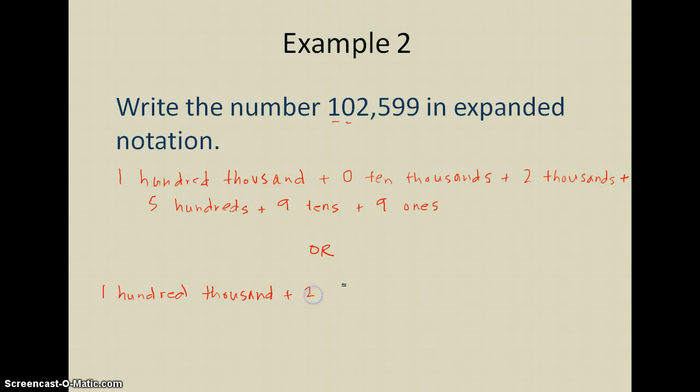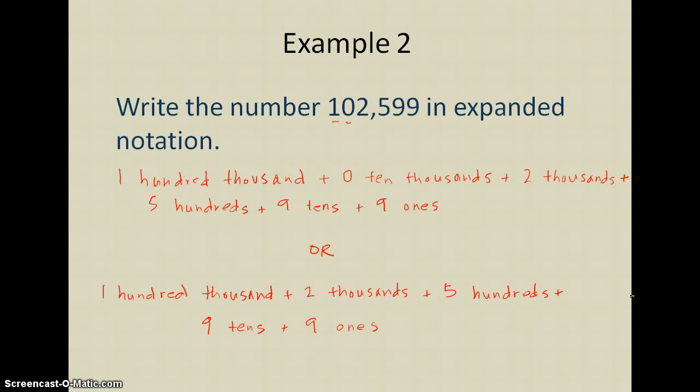Really the next thing I'm adding on here is 2,000s, 500s, plus, just move down to the next row here, 9 tens and 9 ones. And that would be another correct expanded notation version of the number